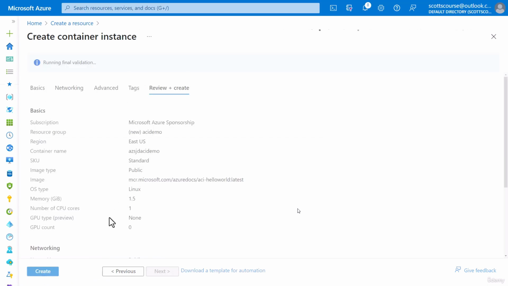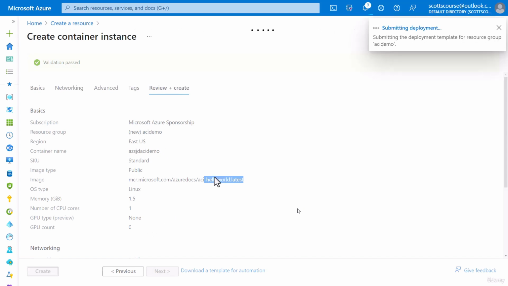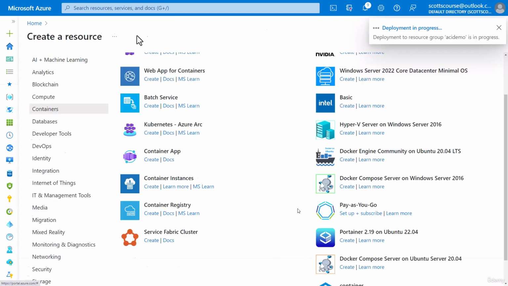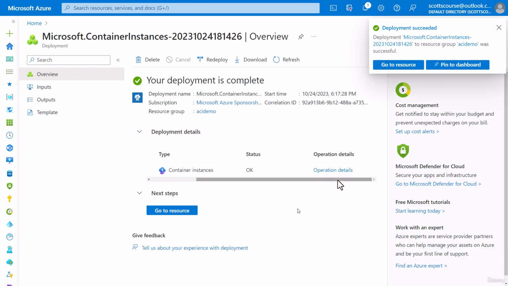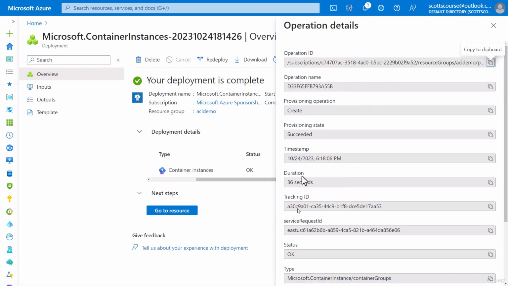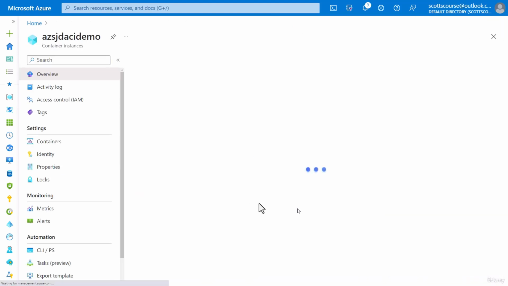So we're going to see here, it's going to create me an Azure Container Instance using this Hello World image from a public repository that Microsoft provides. And again, if we were to try to deploy something similar into Kubernetes, we would see how much more complicated it is. So we'll just do this demo real quick. All right, so let's see how long that took. Operation details, 36 seconds. So you could go from having an image deployed to your Azure Container Registry and then get that running in Azure in 30 seconds. That's pretty good. So I'm going to say go to resource,